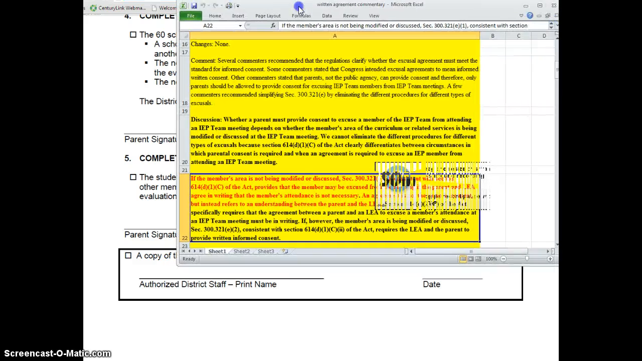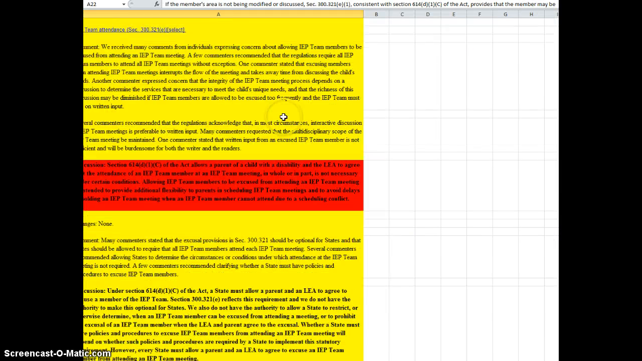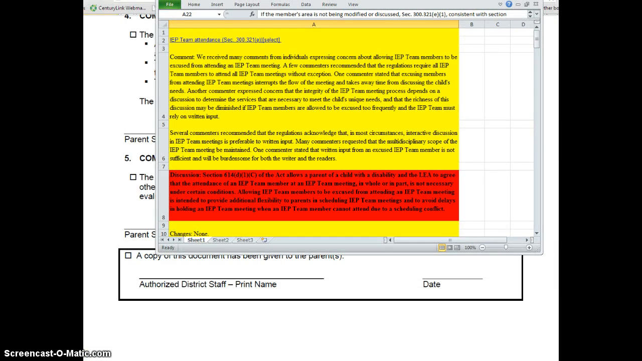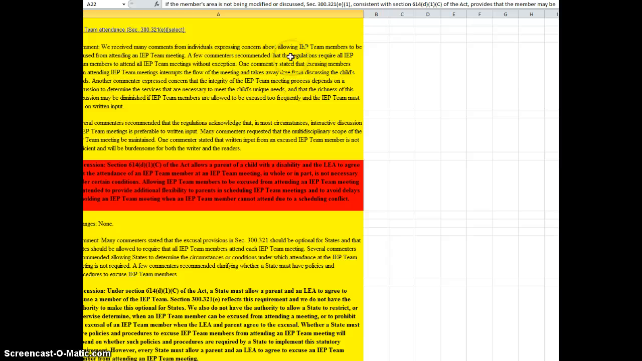So now what we're going to do is take a look at some of the public commentary of IDEA on written agreement that I pasted into